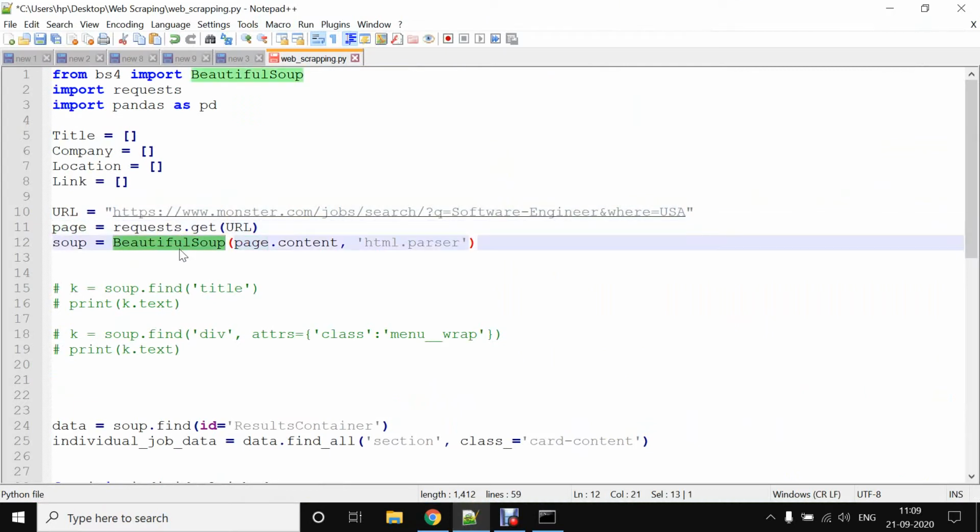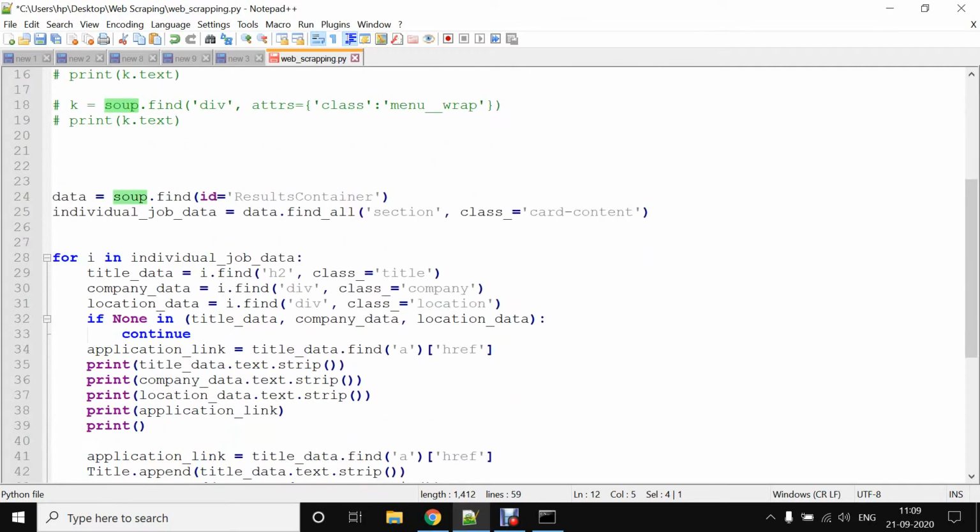Now what we are doing is BeautifulSoup. As the name simply says, it is parsing that data properly, like its elements, tags, and all arrangement will be done properly, so it will be easy to parse that data. So BeautifulSoup will parse that data in a proper format. Now all data is stored in the soup variable.